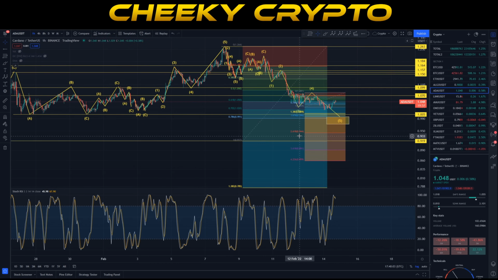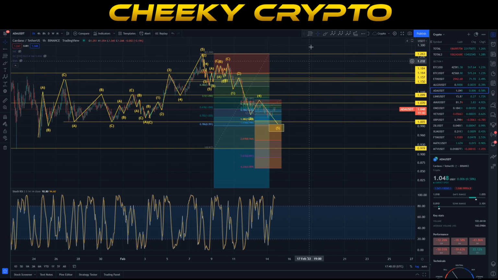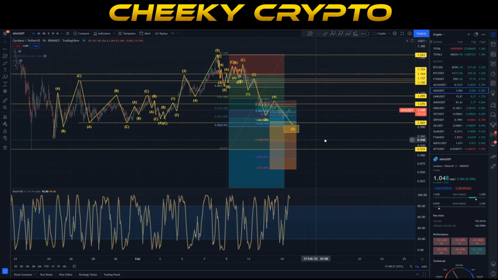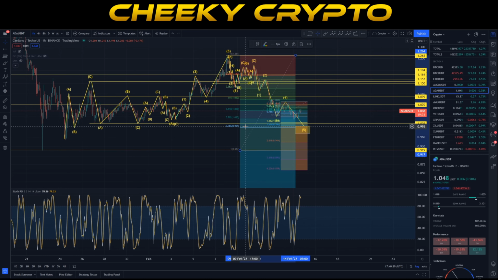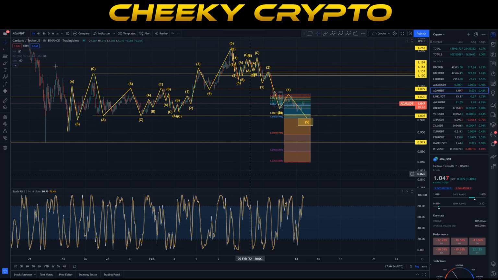So again, those Fibonacci retracements resonate incredibly well with Elliott wave here. What you have is this impulsive move up all the way from our lower range here, pushing up into that high point. All this corrective action is taking us right down into the 786 retracement. This is going to be a high area of probability that we are likely to see a bit of a push to the upside. So with that in mind, we should be very, very aware that the 786 retracement is an area that we would normally be bouncing from. So we do need a correction here on our hourly chart to bring us down into that range.